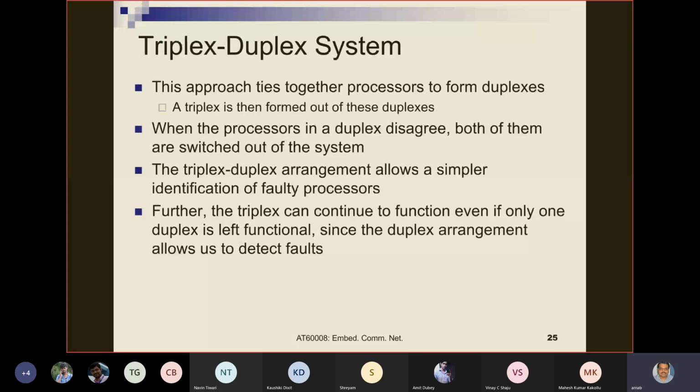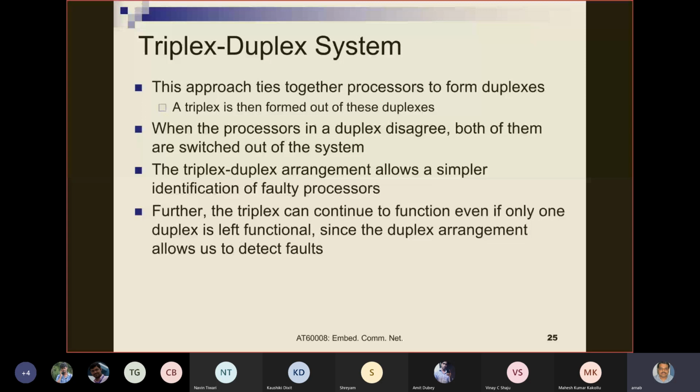So a triplex duplex system is the triplex of a duplex system, nothing more. In this approach, we tie together processors to form duplexes. A triplex is then formed out of these duplexes. When the processors in a duplex disagree, both of them are switched out of the system. The triplex duplex arrangement allows a simpler